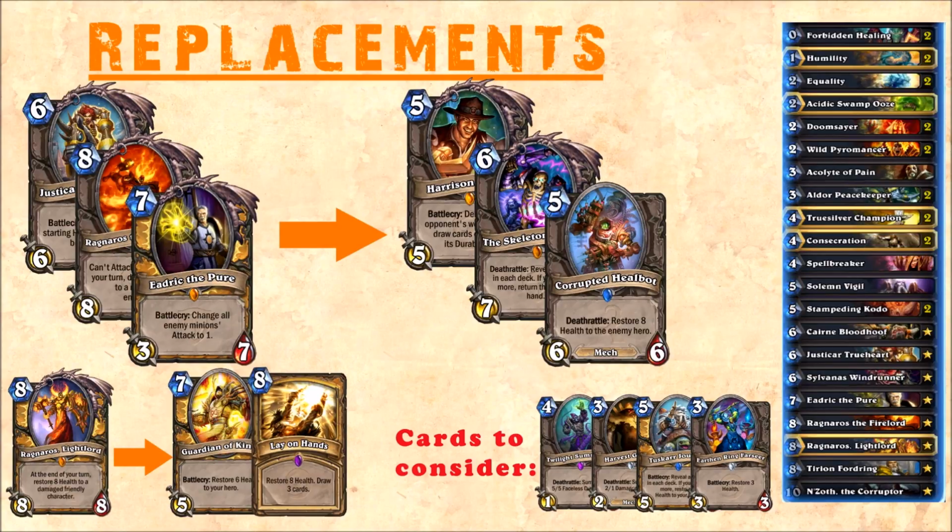If you don't have Ragnaros Lightlord, it is possible to use Lay on Hands or Guardian of Kings as a healing replacement. Notable cards you may consider when building your own decks are Twilight Summoner, Harvest Golem, Justicar Trueheart and Earthen Ring Farseer. So far for the guide, the follow-up will be one game versus another Control Paladin, this time